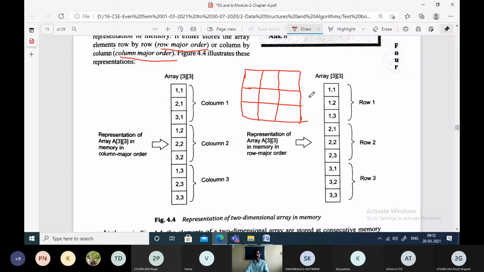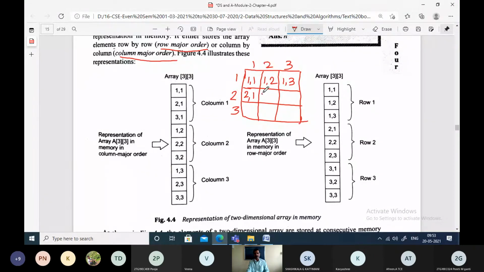So when we have such a matrix, these are the indices they use: first column, second column, third column, first row, second row, and third row. When we have such a matrix, how do we identify this element? This element is identified by first row and first column. This by first row, second column. This by first row, third column. This by second row, first column. In terms of programming we start the index from 0, but for understanding purpose, we are starting the index value from 1.